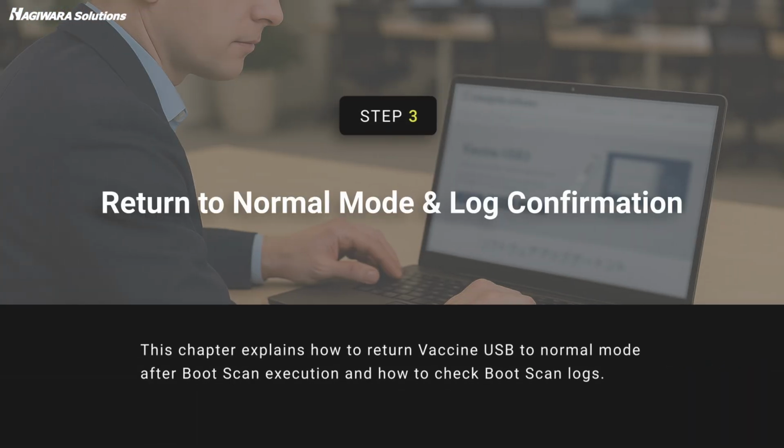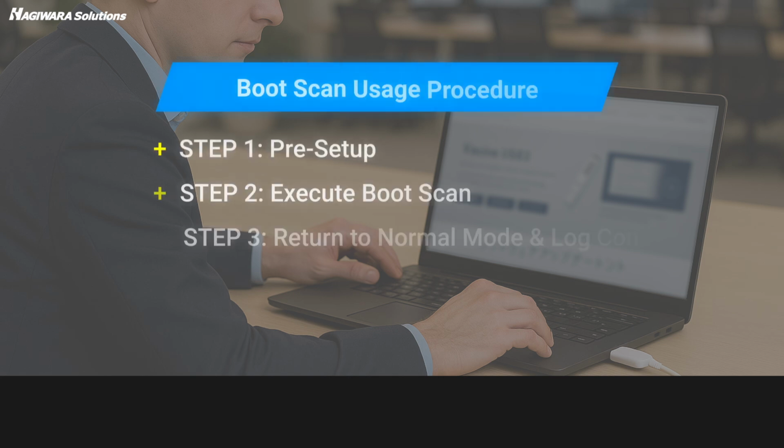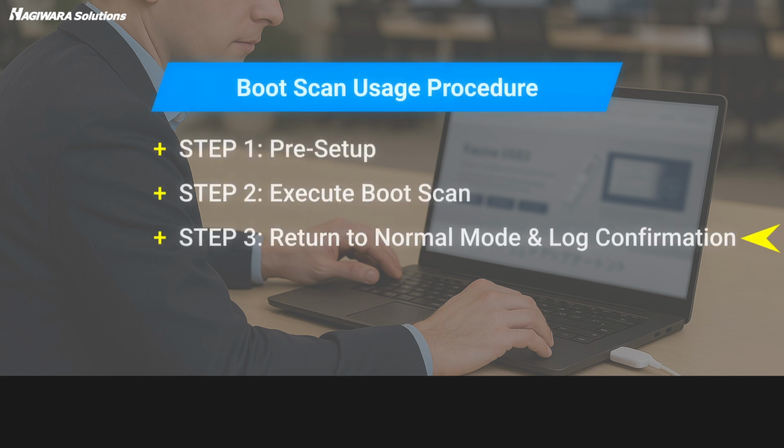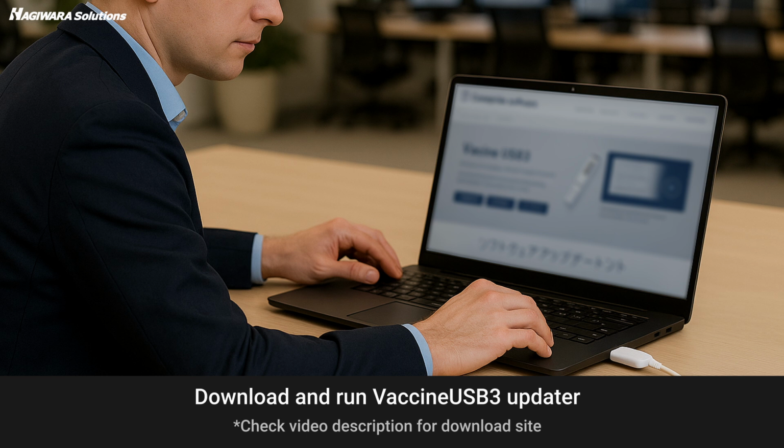This chapter explains how to return VaccineUSB to normal mode after boot scan execution and how to check boot scan logs. After boot scan is finished, return to normal VaccineUSB mode and check the scan logs. To return VaccineUSB to normal mode,